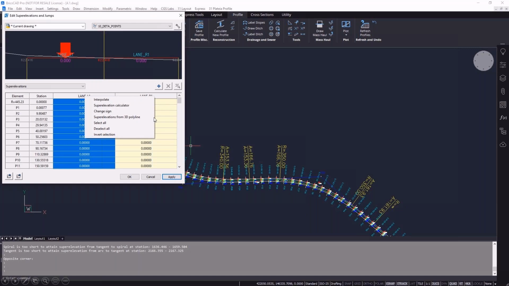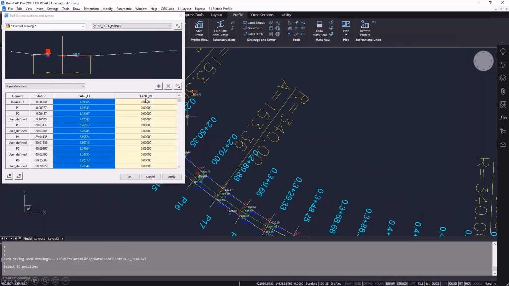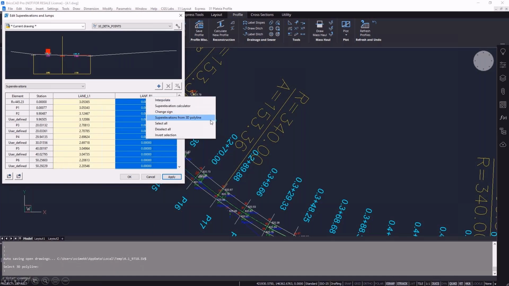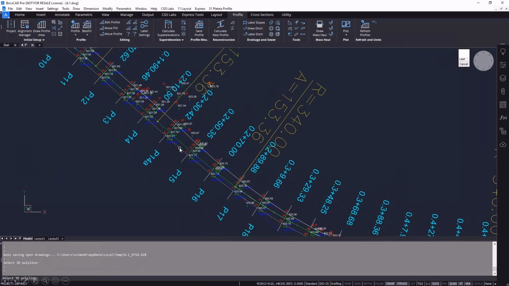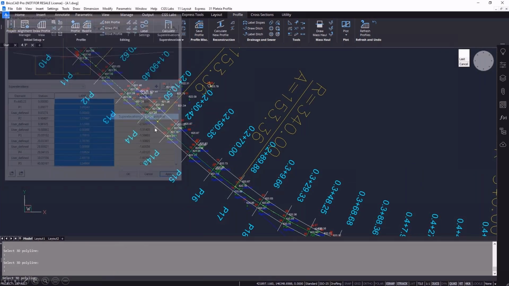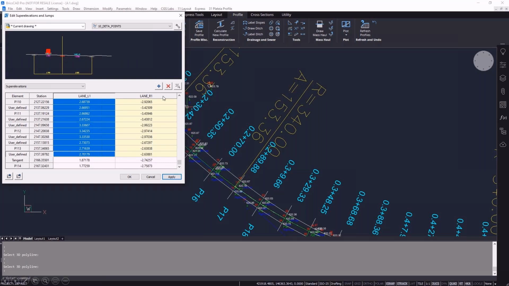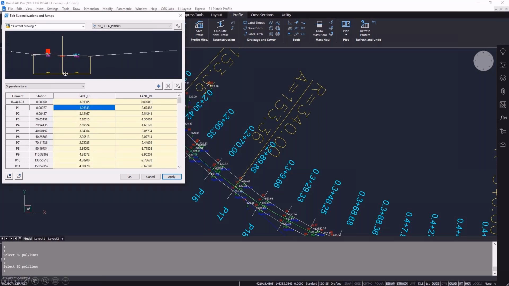And with the right button, I can click here super elevations from 3D polyline, and I will get all the values perpendicular to the axis. So again, here I define this, and here I also get user defined rubrics that maybe I don't want. These are the vertices of the 3D polyline. And as I can see in the window or the preview,